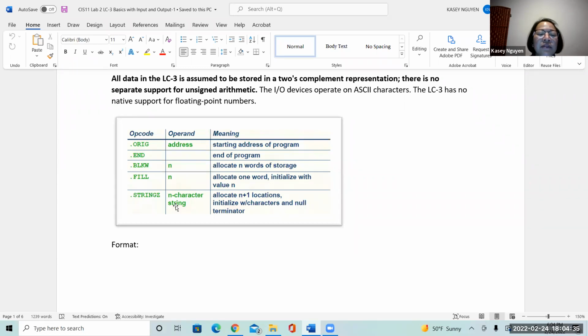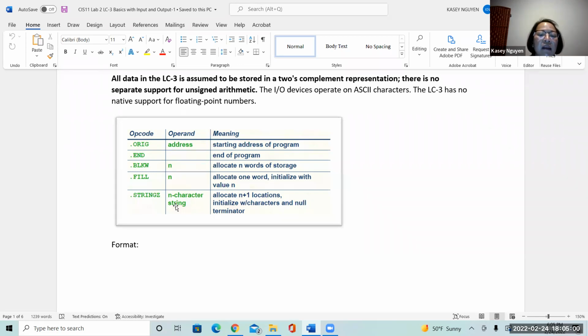So you can fill something, and all that is going to do is link that value to the label or the identifier. When you fill, it will take 16 bits or one word to initialize whatever value you put in there. Now, keep in mind that if the value is larger than 16 bits,